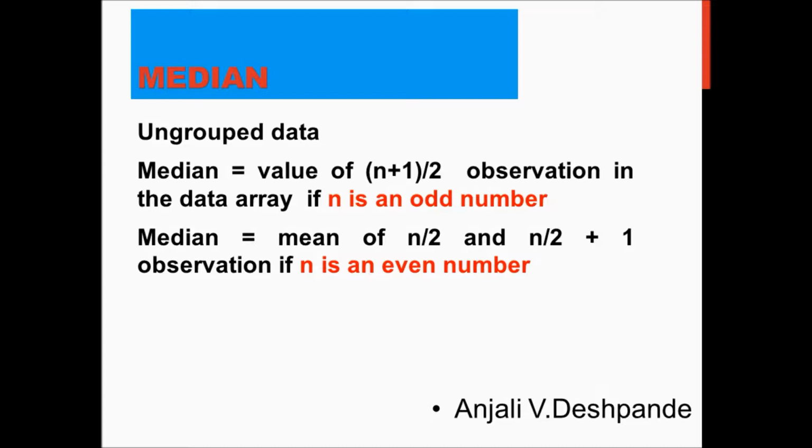So why are they called positional averages? Because the term position actually refers to the place of the value of an observation in the data set. As such, these types of measures help in identifying the value of an observation in which we have some interest, rather than just calculating it. So the first such average of position is called the median.